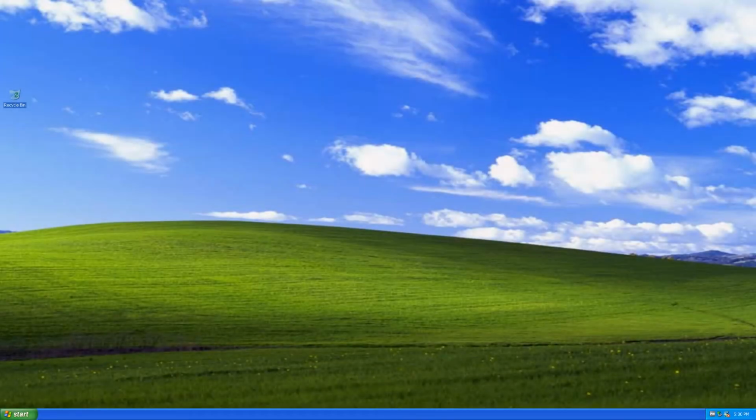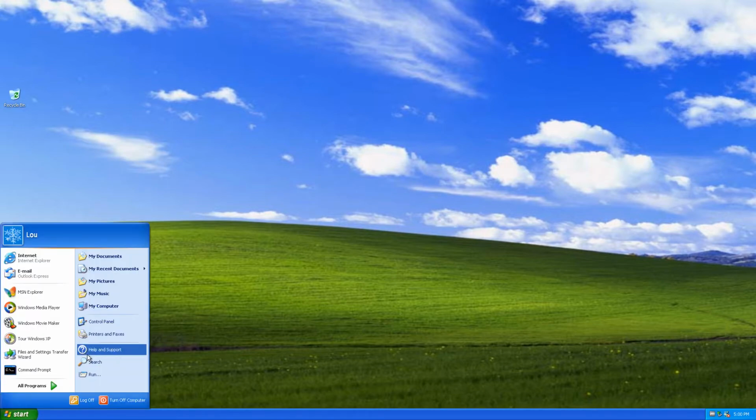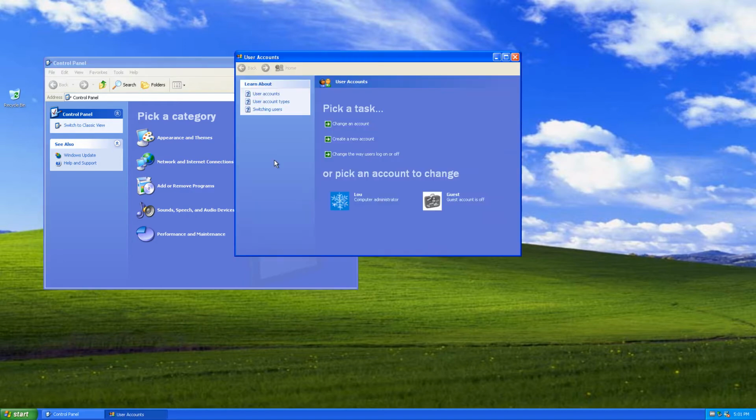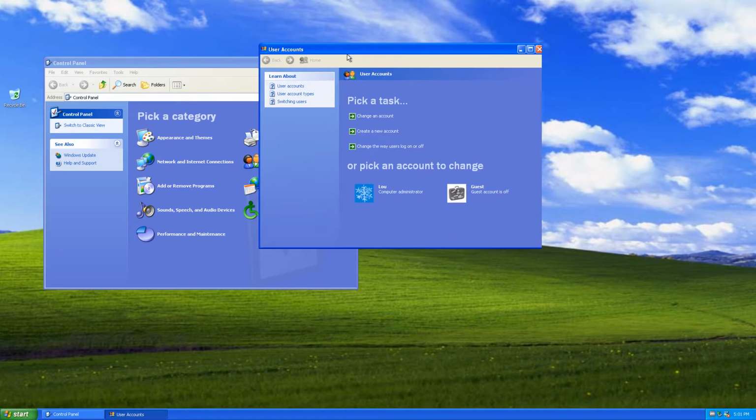We're going to talk about user accounts and how to create them. There's three different ways you can create user accounts. First, you can go by clicking on Start and going to Control Panel, into User Accounts, and then here you can see under User Accounts,